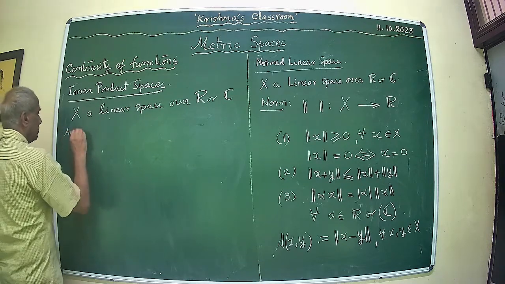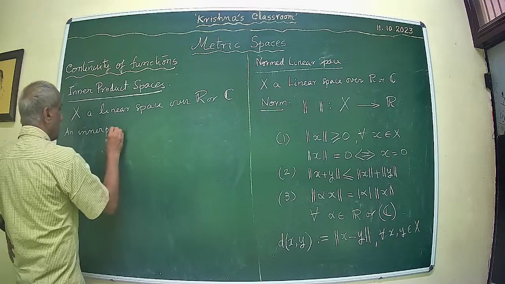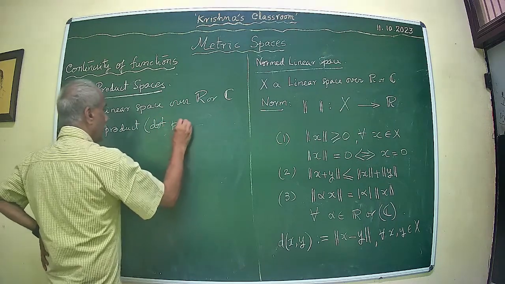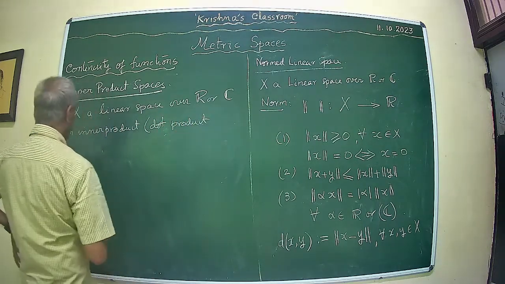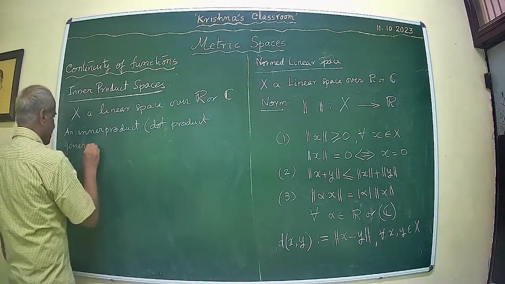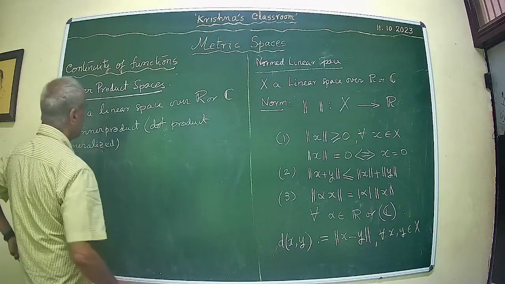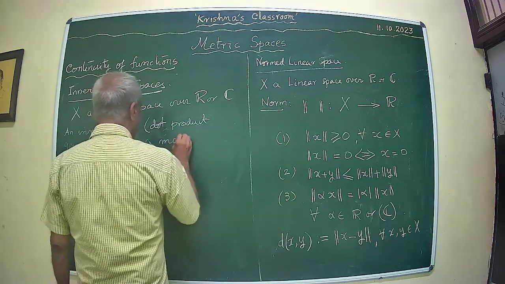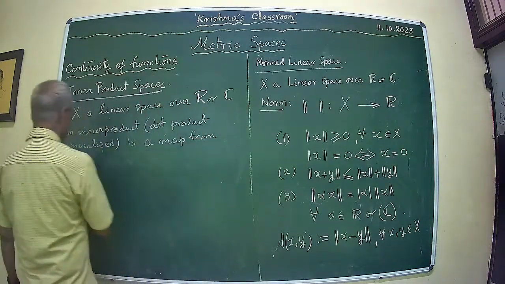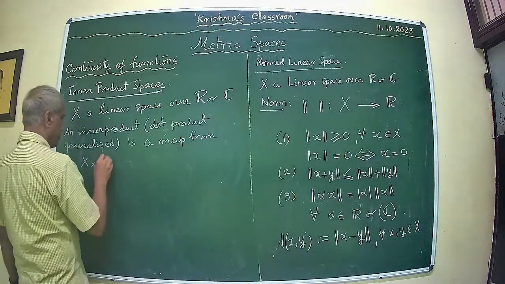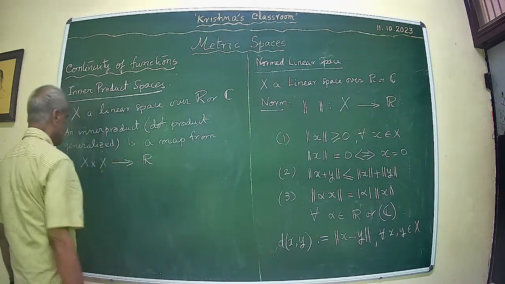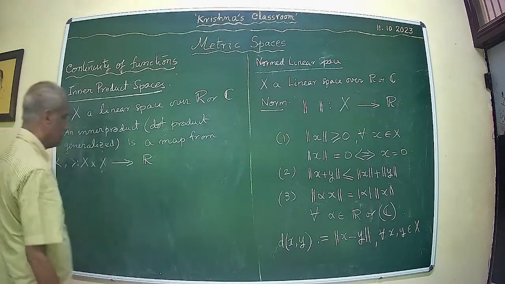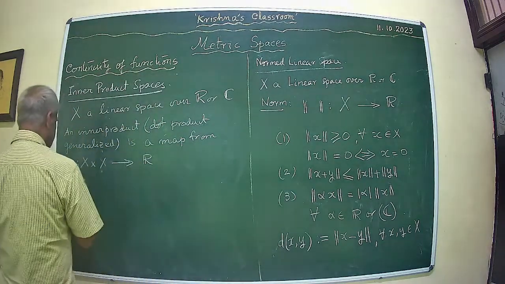An inner product, dot product generalized, is a map X cross X to R with the property that